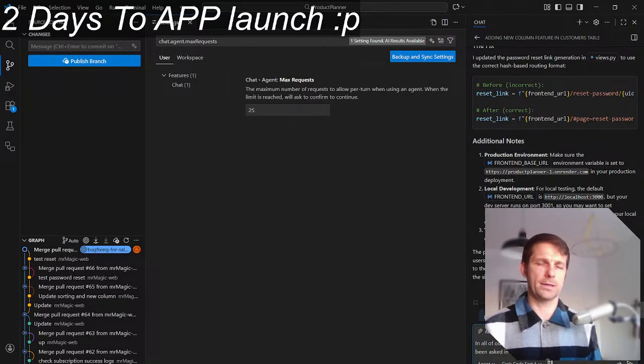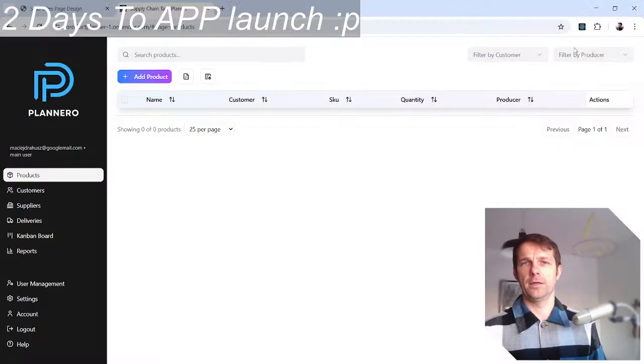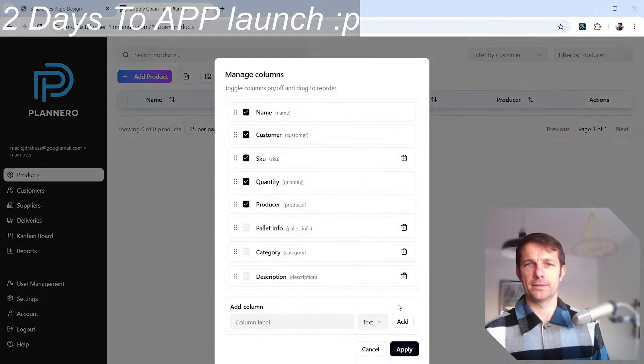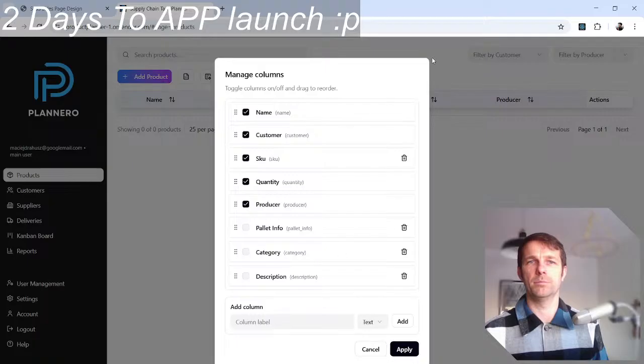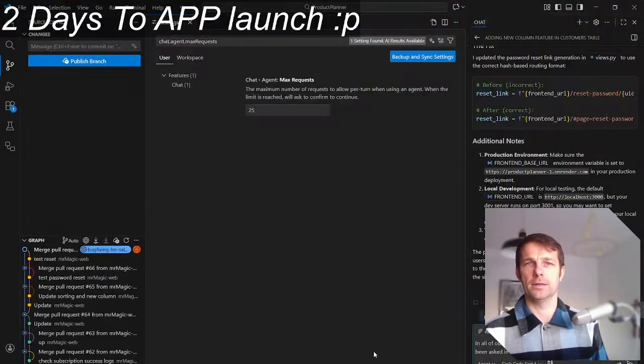Yeah, makes sense. If you want to delete this column, now this is a browser alert, and it's kind of a silly way to do it. It's working, but it's kind of silly. I think we should have a modal here asking to do that.